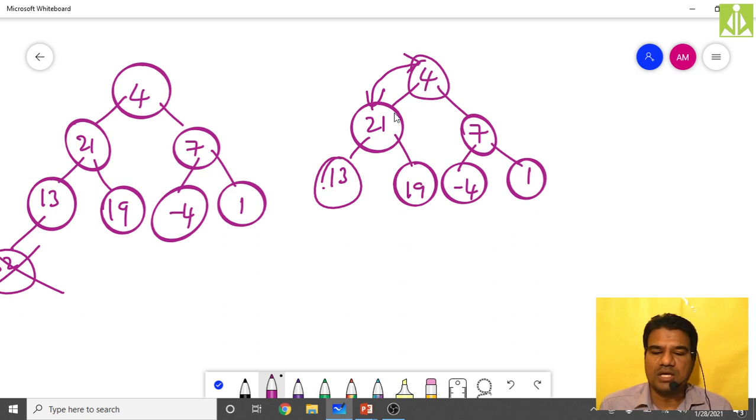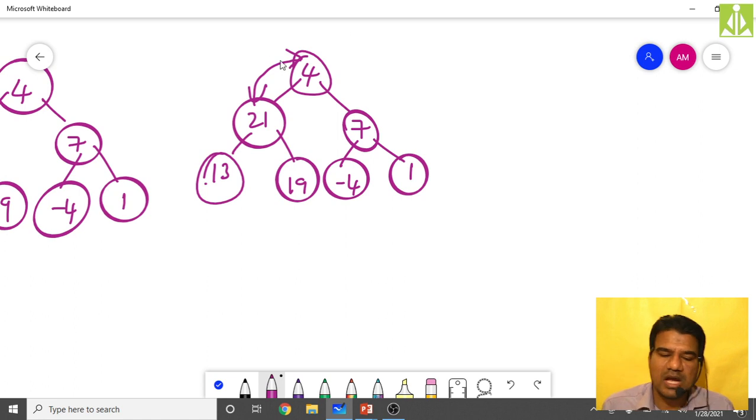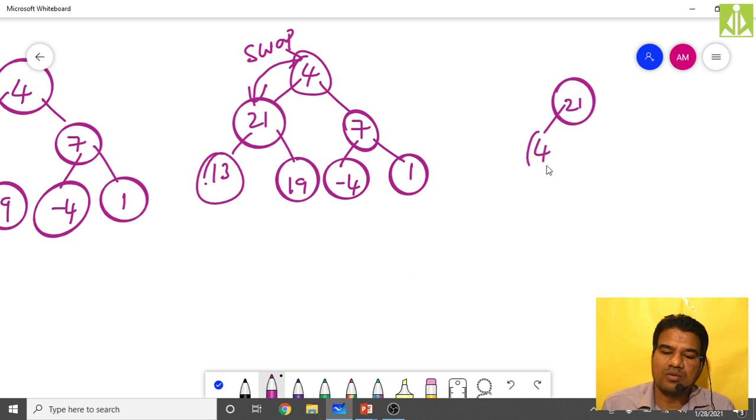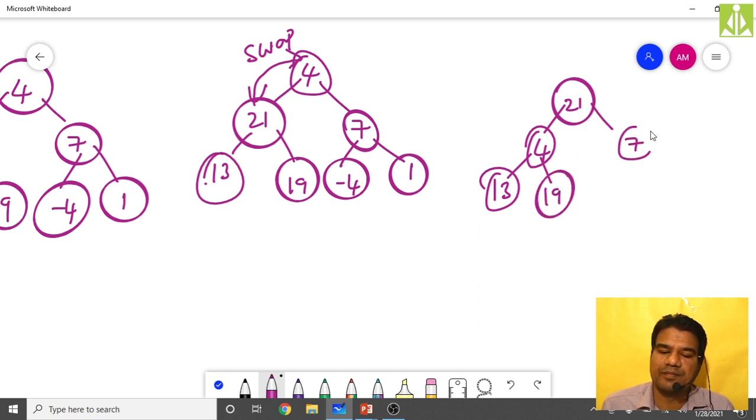Now again, what we have to do after swapping, what you will get? After swapping, 21 will go up, then 4 will come down, then 13 you have, then 19 you have, this side here you have 7, here you have -4, here you have 1, like this.